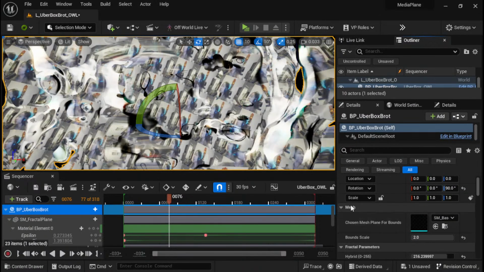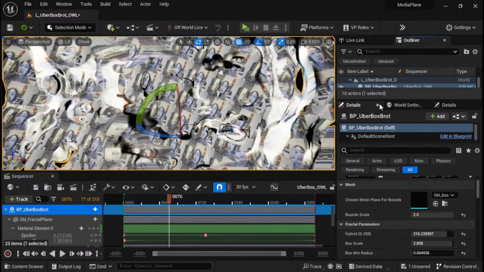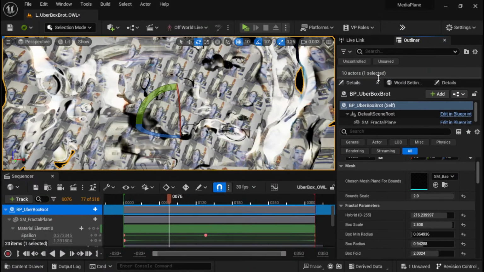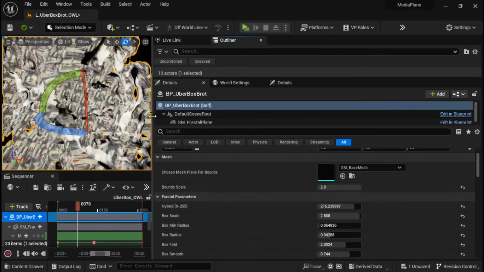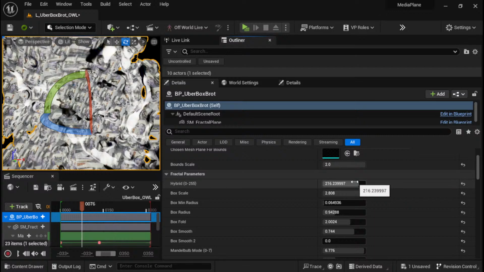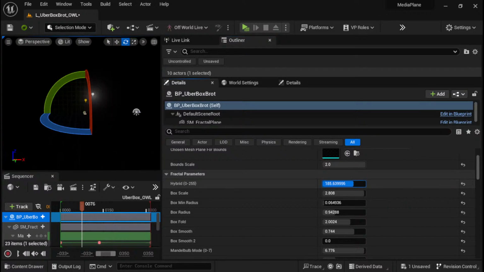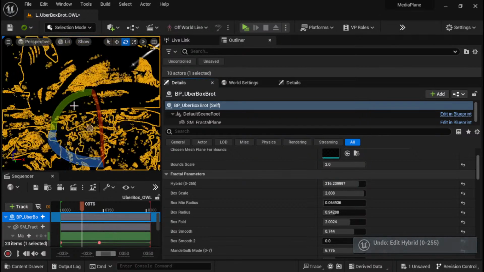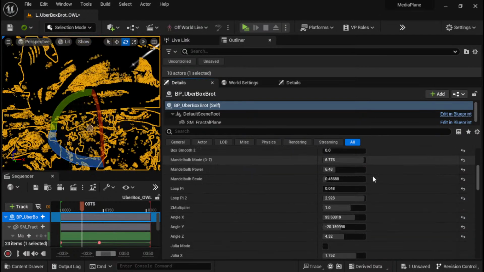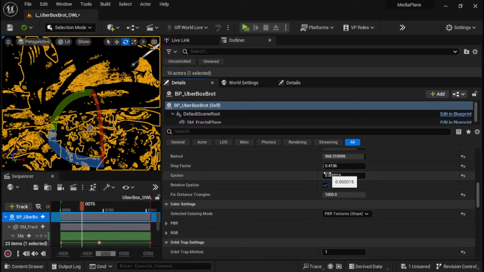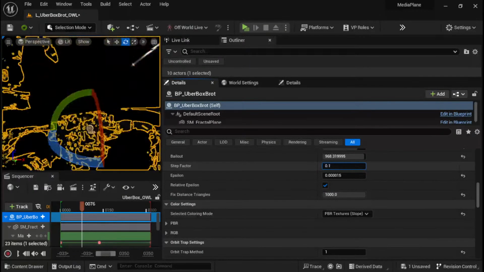Sorry, my cat is in the background. But what you can see here is that it has a list of parameters that we can alter. These are all things that we can change. And then we can also change things like step factor,